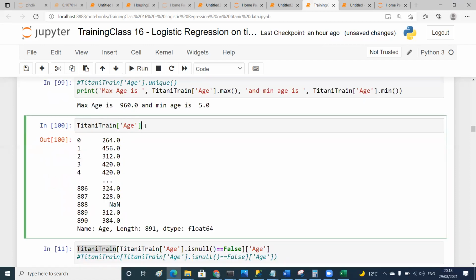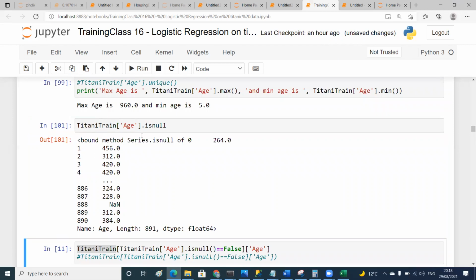But we want to see null values, so we'll call the isNull function. But isNull will evaluate as a Boolean, which is true or false. So if you call isNull function,